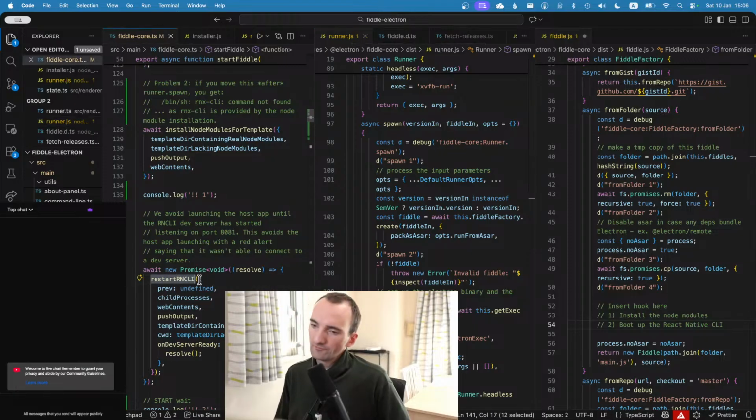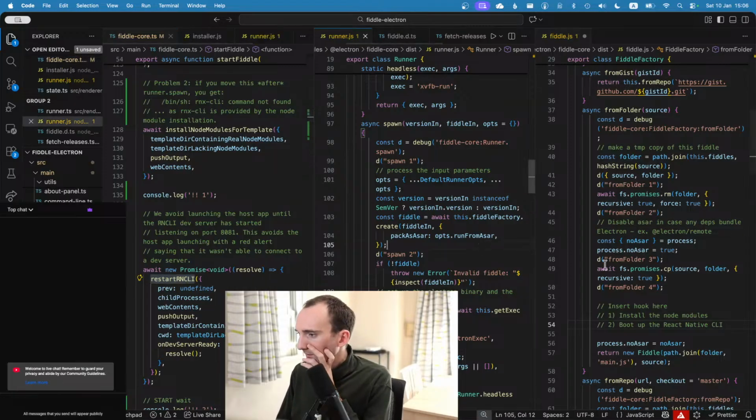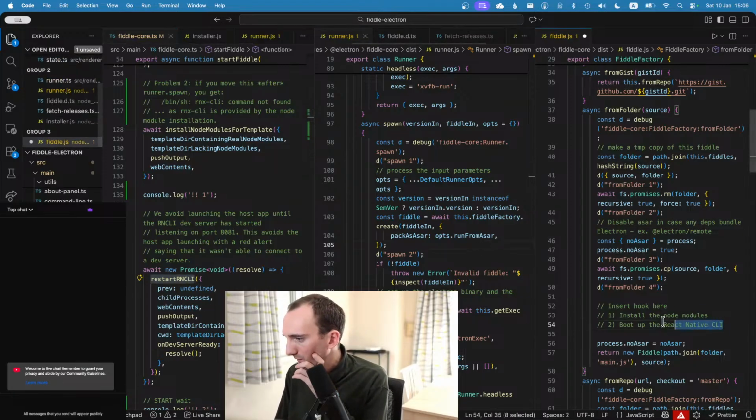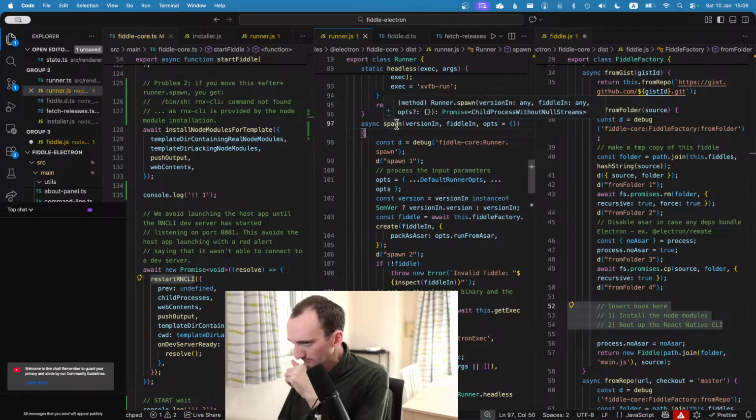But before we restart the RN CLI, we actually need to also install the node modules. So although it's tempting to insert the hook here, maybe a better way would be to just re-implement spawn